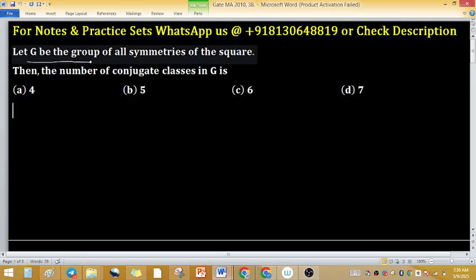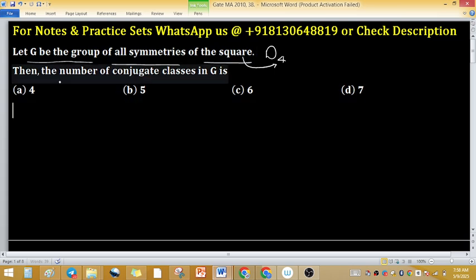Let G be the group of all symmetries of the square. This given group is D4 because of the square. Then the number of conjugacy classes in G: the number of conjugacy classes in Dn you can easily find with